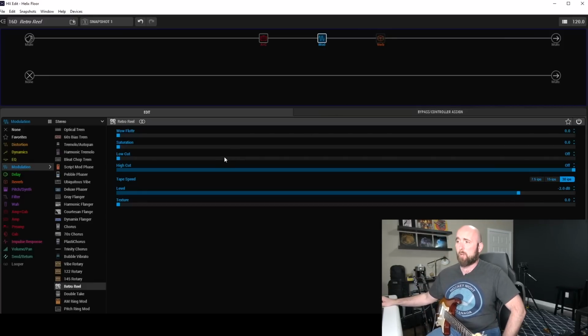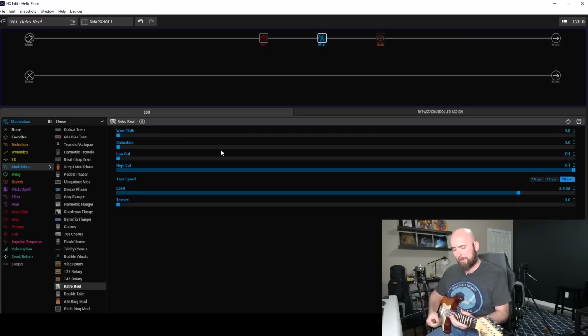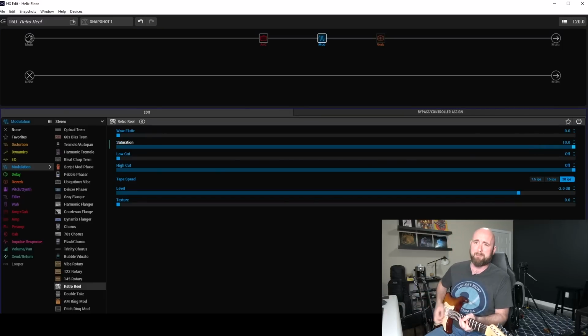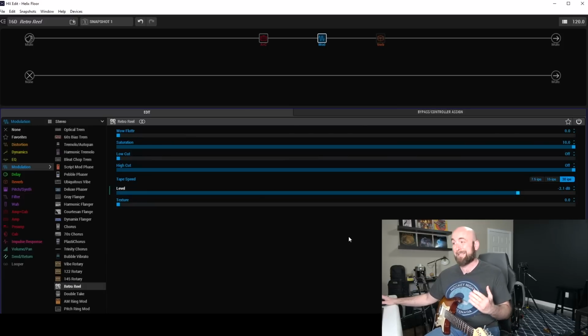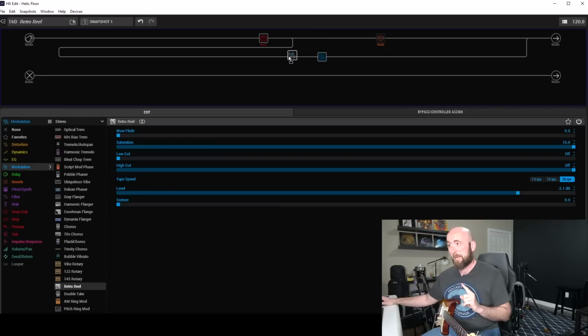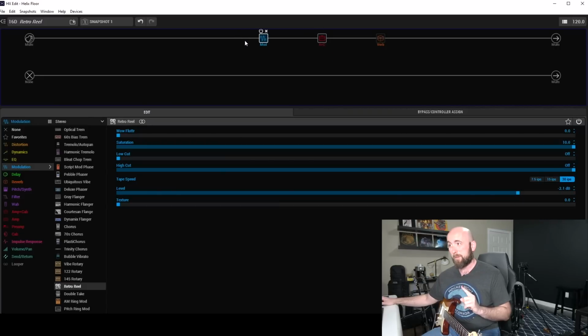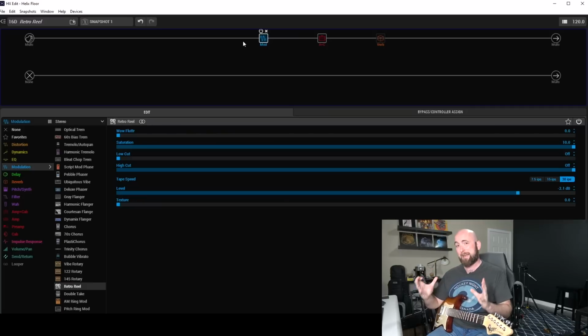Well, here's the problem. I'm going to bring up the saturation now, okay? I'm going to go all the way up to 10 with it. At this point here, it's fine, but if I go all the way to 10 with the saturation, you hear what happens. We get some pretty nasty distortion. So if I was to take those same settings and put that before the amp, so that the speaker cab can kind of soften that up,